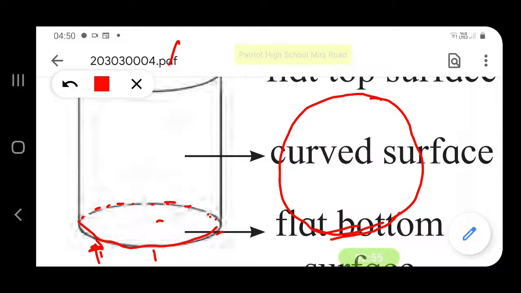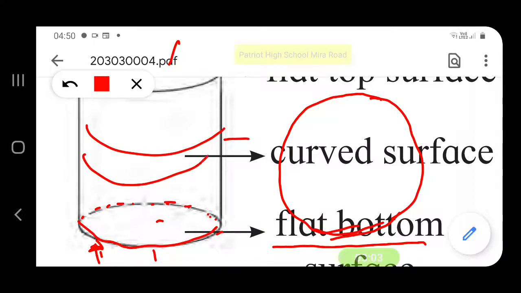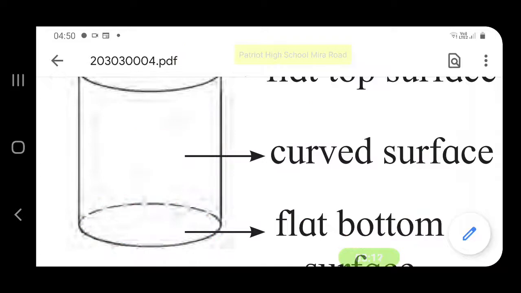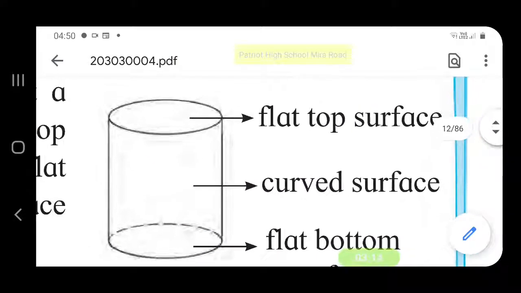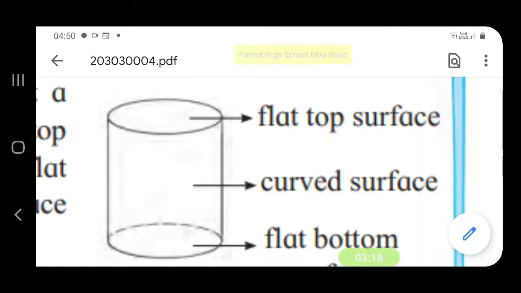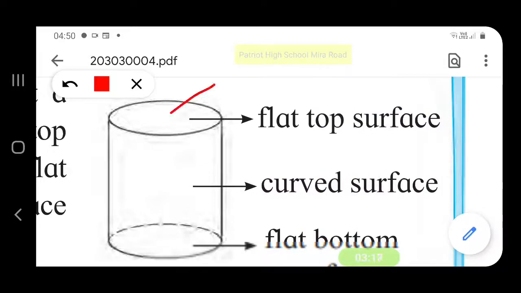So that is the flat bottom. This is the curved surface. This is the flat bottom. And you can see the flat top also. This is the flat top. You can color the flat top.